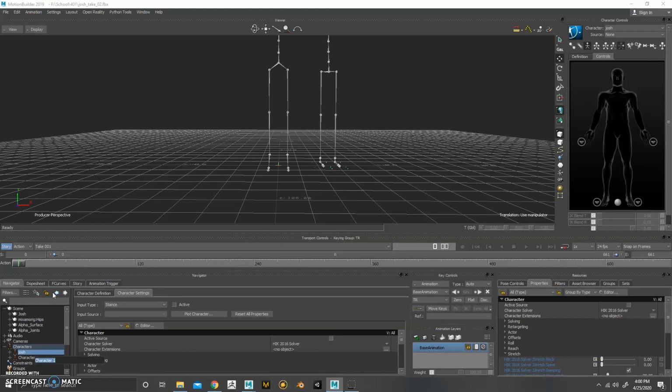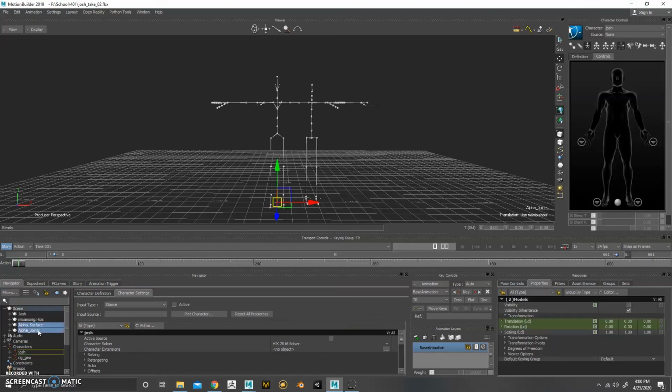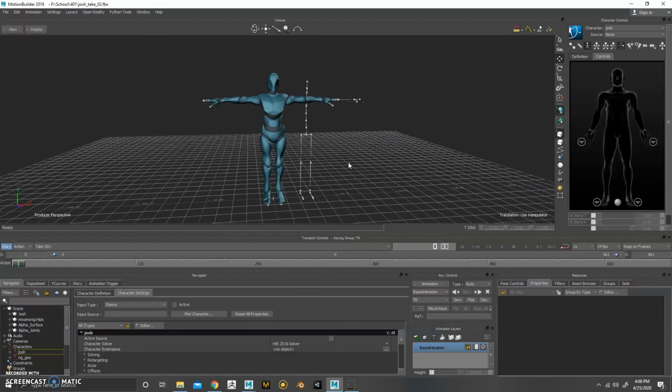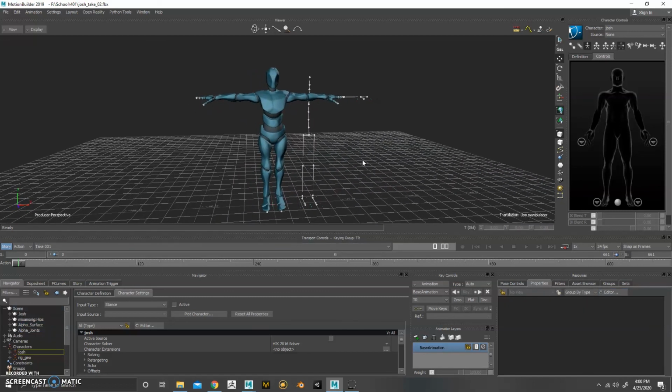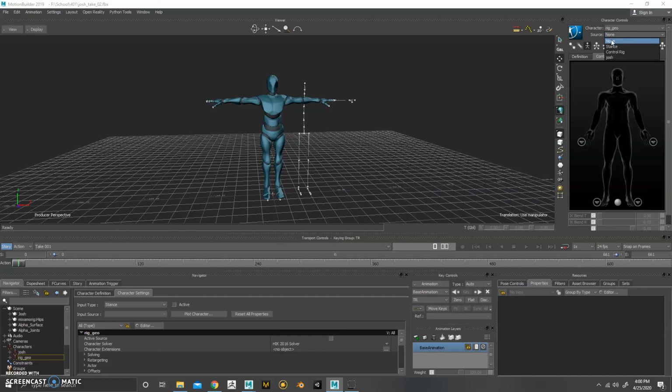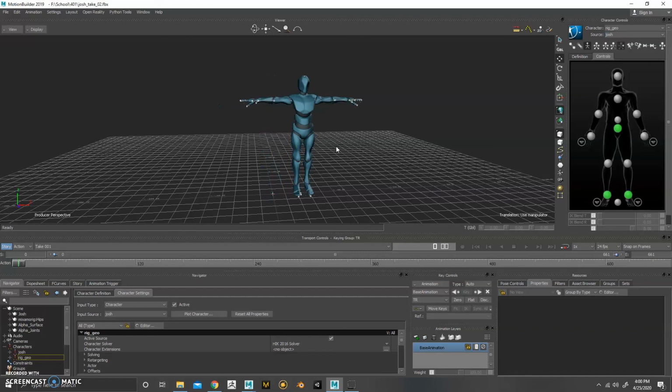I'll just say Rig Geo. So now what we need to do is attach the animation from this rig over to Josh. So I'm going to unhide this geometry here, and we're going to click on Rig Geo. Okay, and if I select source and I press Josh, you'll see that this character will hop over into the